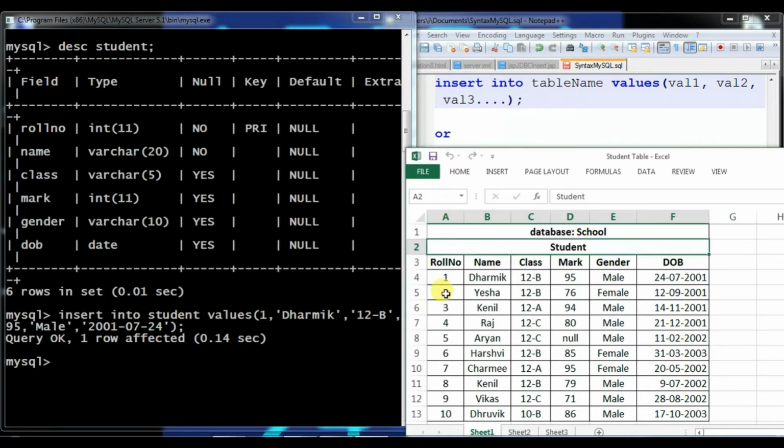Now see, the second record is the same, third and fourth too, and in the fifth one a minor change is there. Why? Because roll number is 5, name is Aryan, class 12c, and see I have written NULL over here. Now suppose you want to insert a null value. Is there any change between null and 0? Yes. 0 is a value that you had assigned, and null is